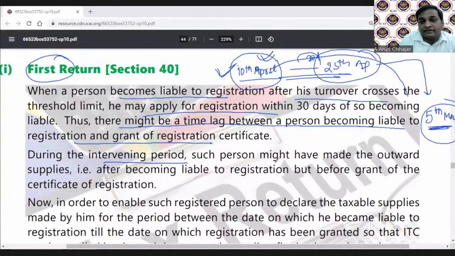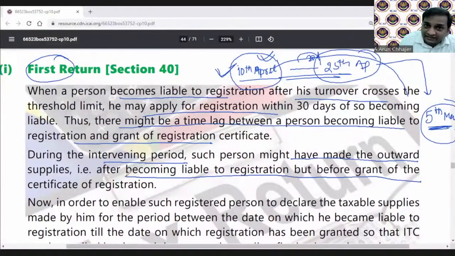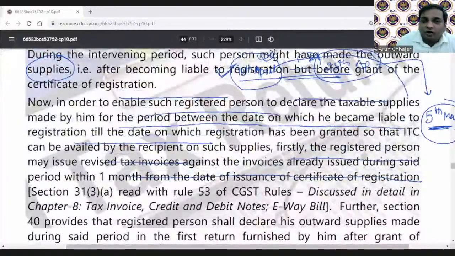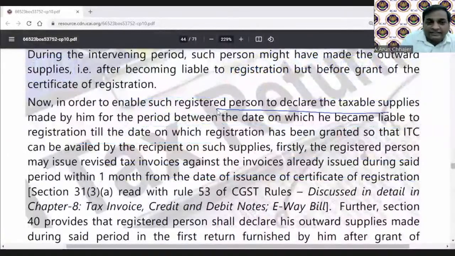During this intervening period, such person might have made outward supply, that is after becoming liable but before the certificate was granted. Yes, he has made outward supply. Does he need to pay the taxes? Yes, he needs to collect and pay the taxes. In order to enable such registered person to declare the taxable supplies made by him for the period between the date on which he became liable to registration,